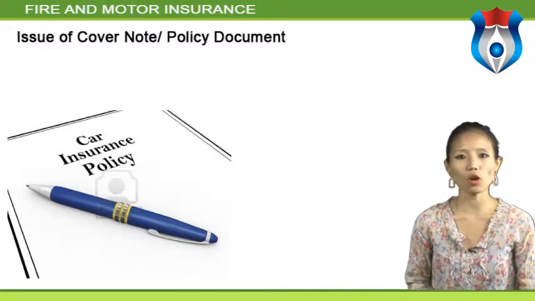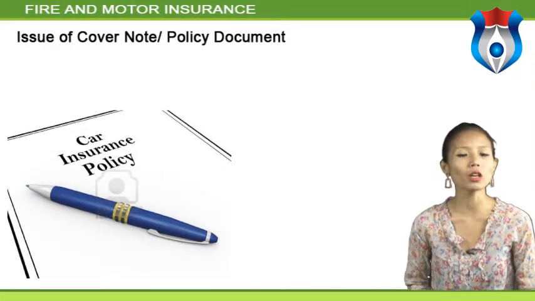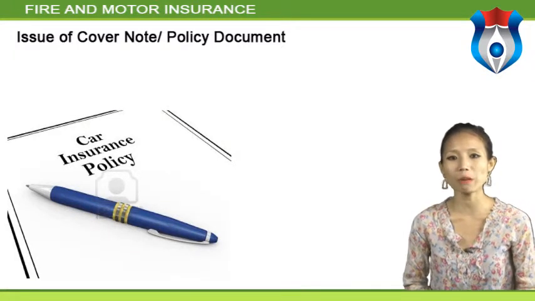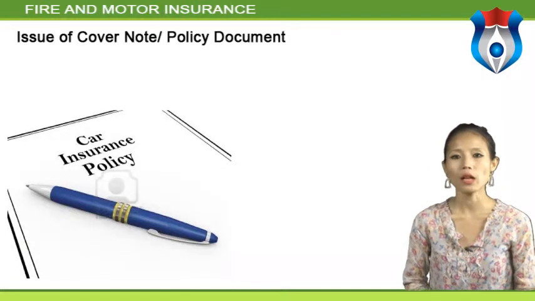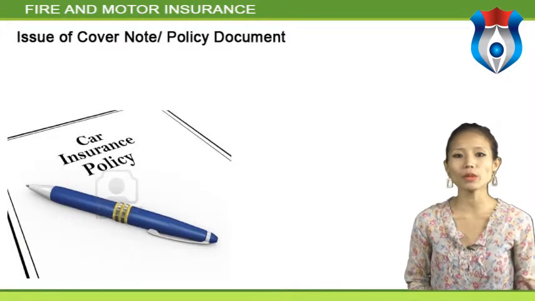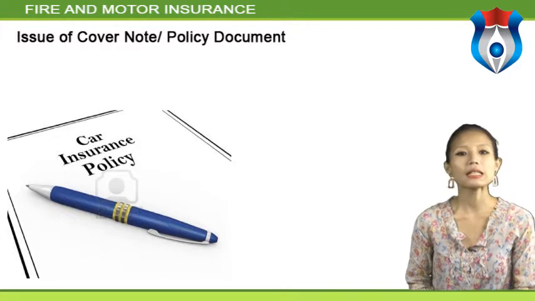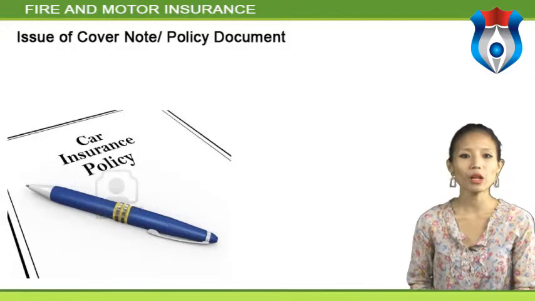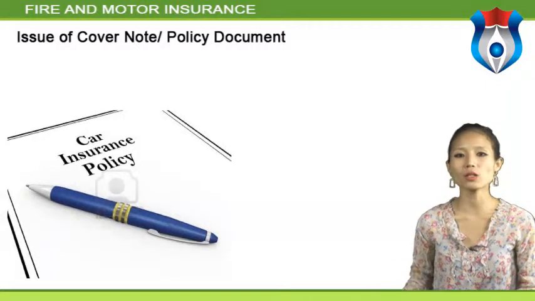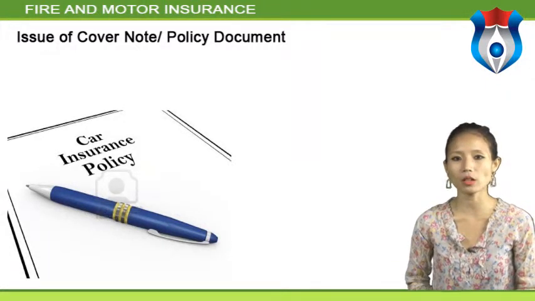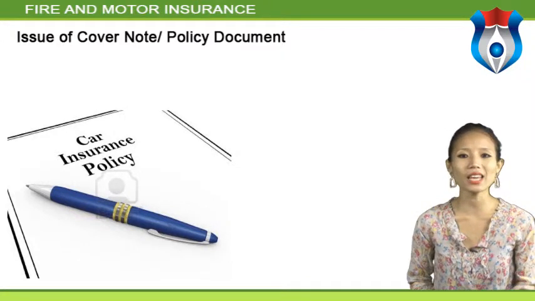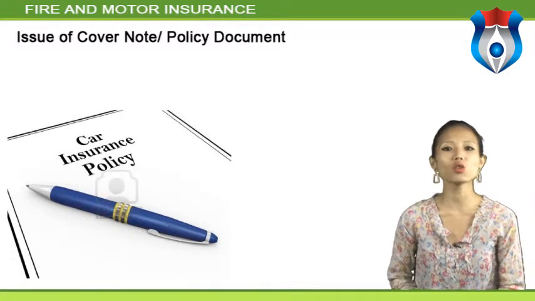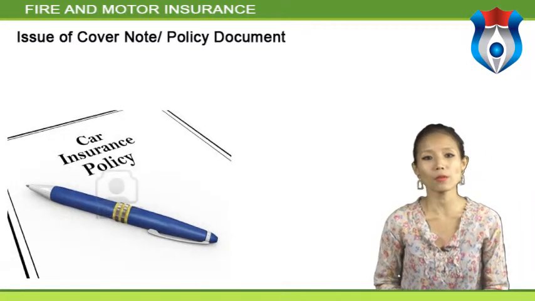Issue of cover note or policy document. On receipt of a completed proposal form and or inception report, the cover note is issued pending preparation of the policy document. The cover note is an unstamped document issued to provide evidence of cover till the time the policy is issued. The cover note provides insurance against specified perils on the usual terms and conditions of the company's policy. The printed policy form provides for a schedule in which the individual details of the contract are typed. The items are similar to those in the cover note but with more detailed information.